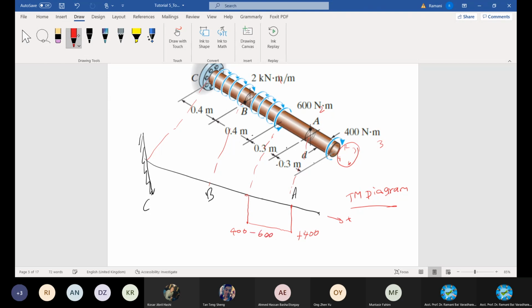Minus 600. End up with, what is the value here? Minus 200. You need to reach the minus 200, so another 200 will be here. Added 200. Am I right? I repeat. Initially, there is a 400 moment at clockwise acting at A. Moving on, it meets with 600 Newton meter at this point in between A and B. Because it's in opposite direction, the net value will be calculated. The net value is minus 200. Being minus, I have to put up.